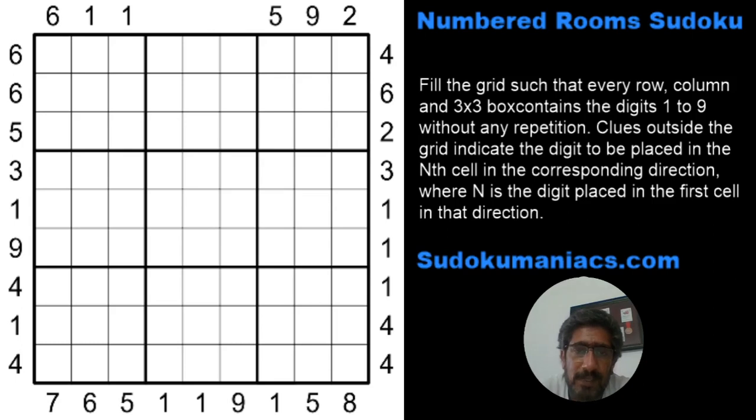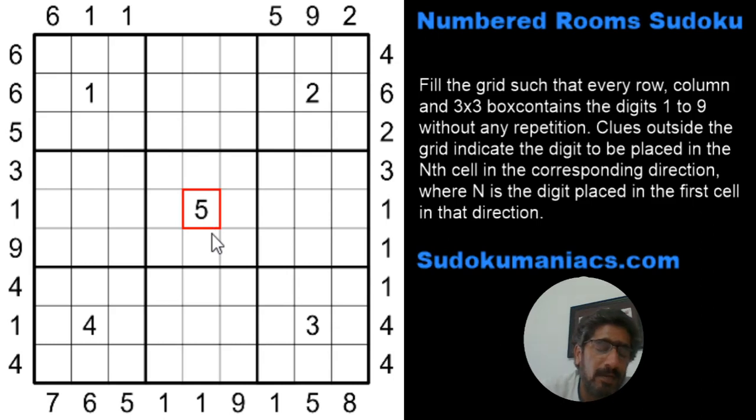So coming back to this puzzle, this is known as a Numbered Rooms Sudoku. Oops, looks like I forgot to mention the givens, which was simply this. My bad. So coming to the rules,